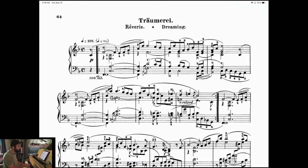Right? And you want the melody, if you were just to play it alone, to do that, not stop like that. Okay, so that's really important, right? We need that. Somehow you're going to have to do those grace notes